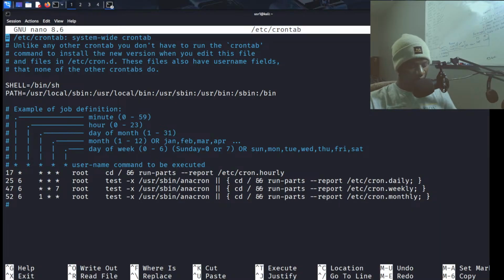Each of the 5 fields represents a different element of time: the minutes, hours, day of month, month, and days of the week, in that order. Every element of time must be represented numerically, so March is represented as 3. You cannot simply input March. Days of the week begin at 0, which is Sunday, and end at 7, which is also Sunday.